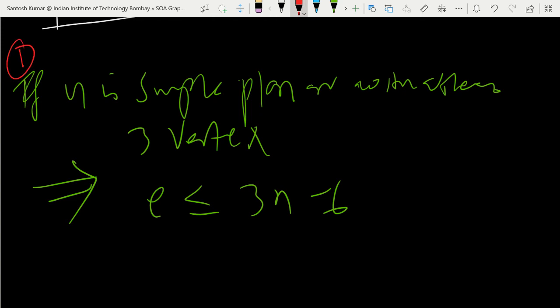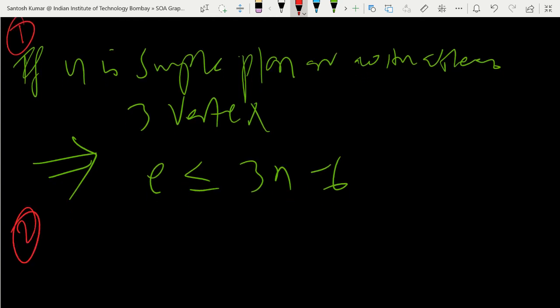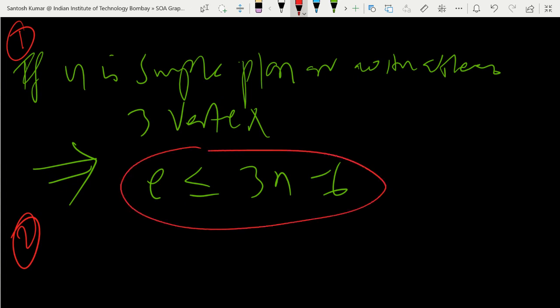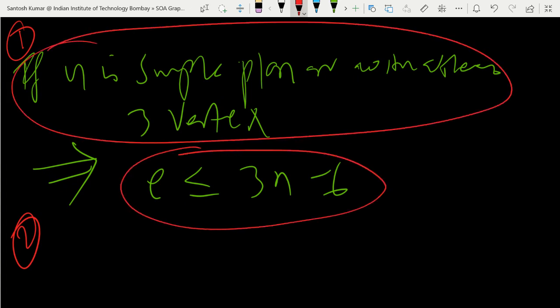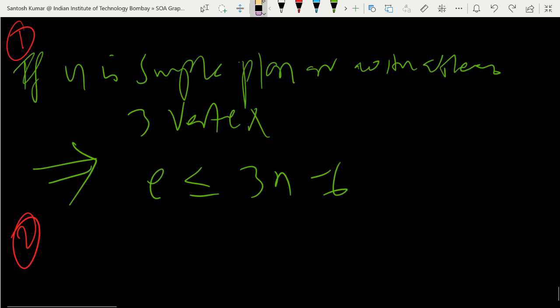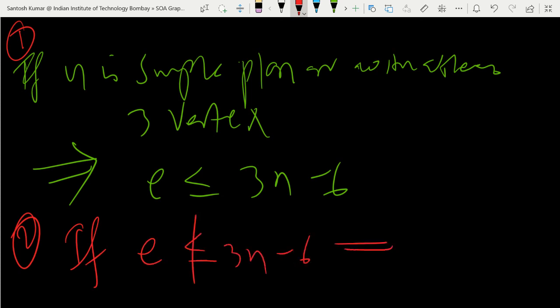But the opposite will not imply this one. If it is a simple planar graph with at least three vertices, then this will hold, but the right side will not imply the left side. But if E is not less than or equal to 3n minus 6, then it will guarantee that G is non-planar,